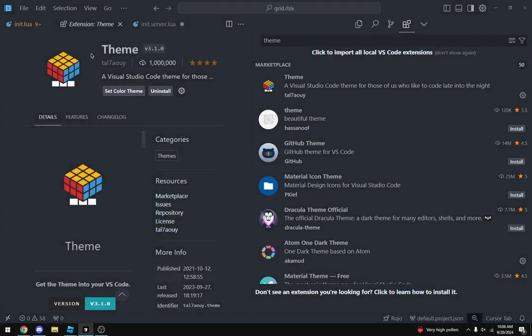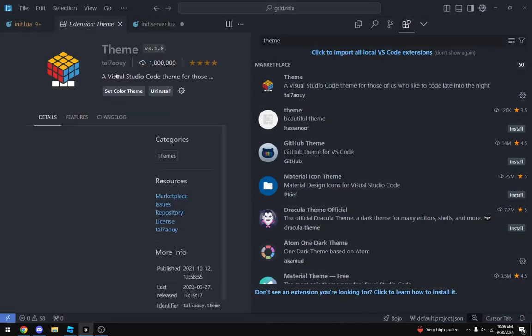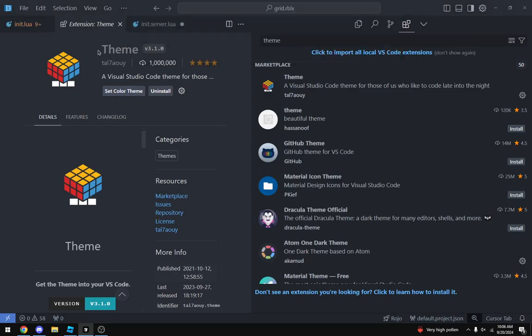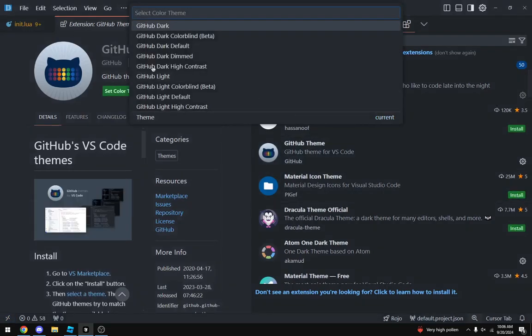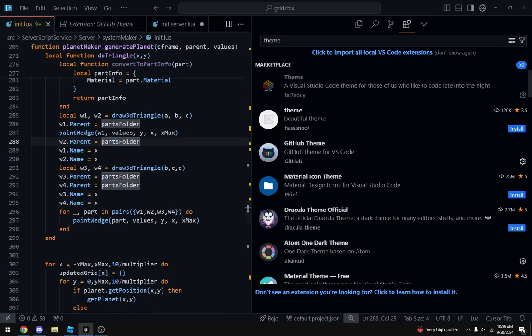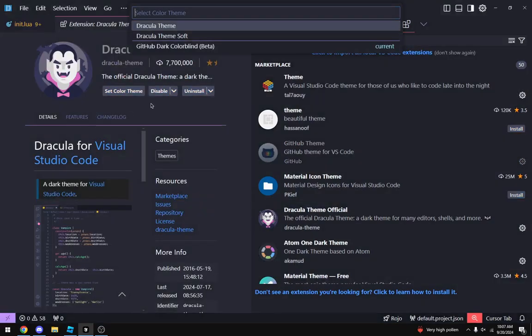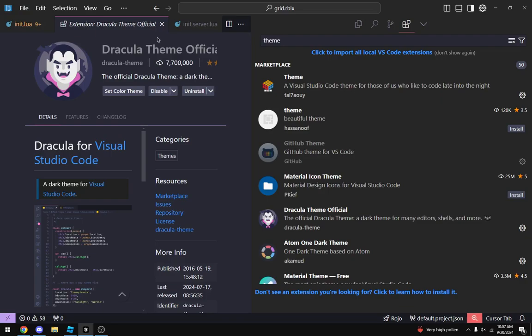It's literally like theme flat. Excuse me, theme mix. This looks like shit. Ooh. I like that. Ugh.